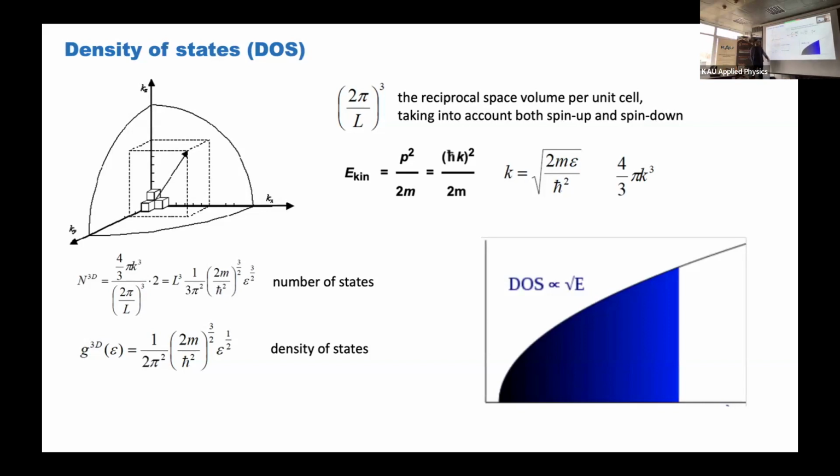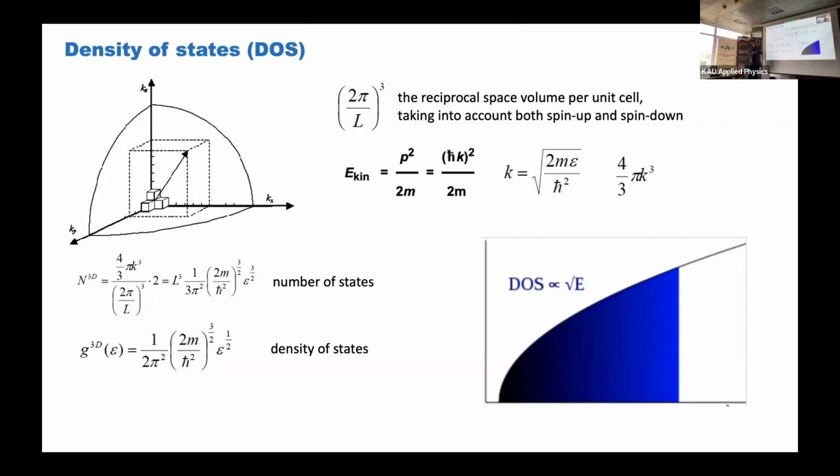So the wave vector, what is it? It's 2π divided by lambda. Lambda can be some wavelength, or some dimension like a lattice vector. So it's easier to calculate energy in reciprocal space. That's why we use reciprocal space. And this reciprocal space we can divide. Somewhere are places where electrons are localized. According to the Pauli exclusion principle, only two electrons with different spins can be in the same state.